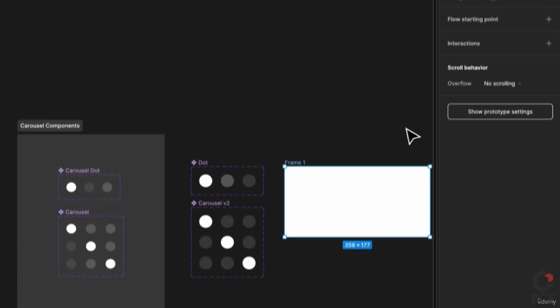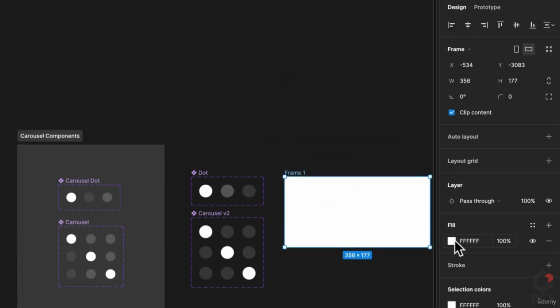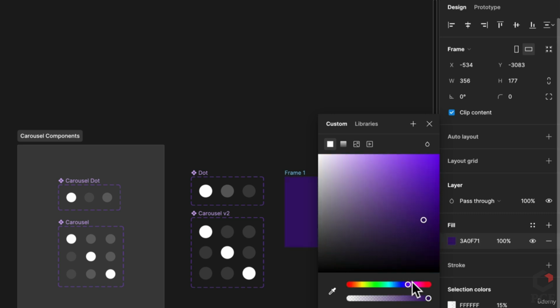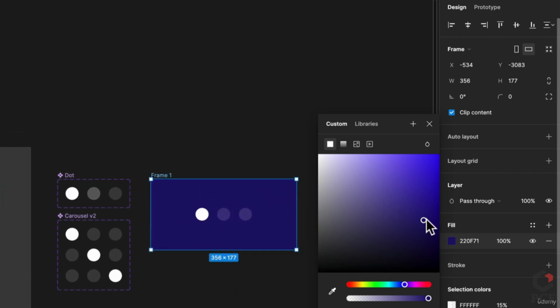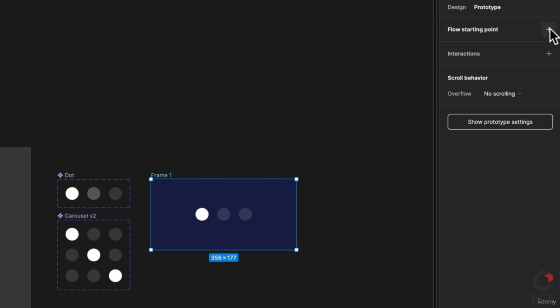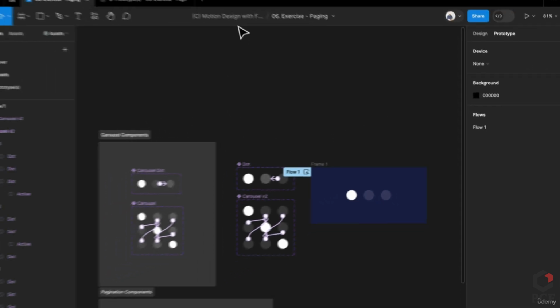Can't really see it, but this frame can be and the only thing I'm going to do next is I'm going to create a flow starting point, and let's